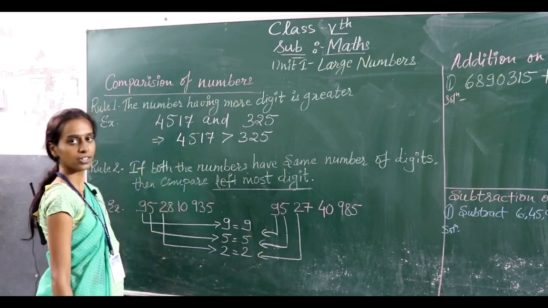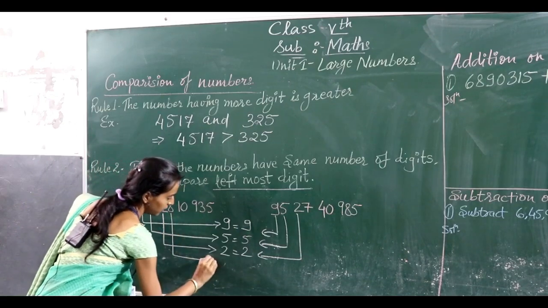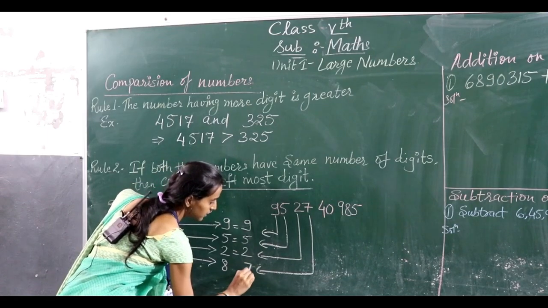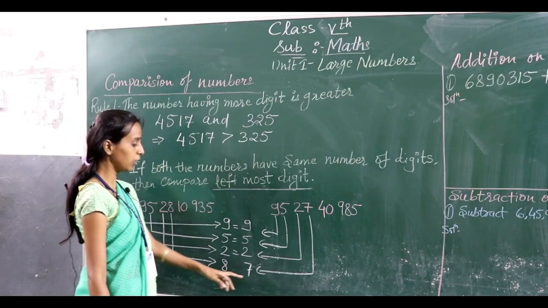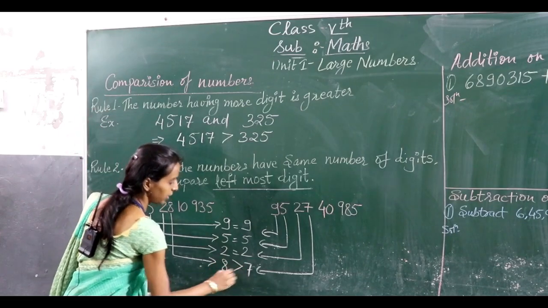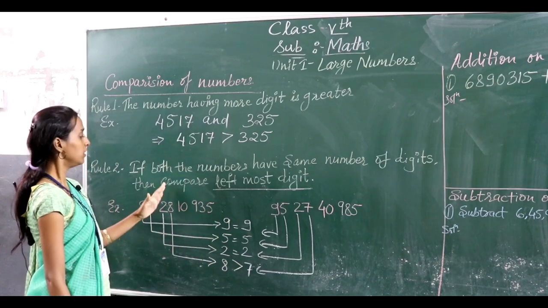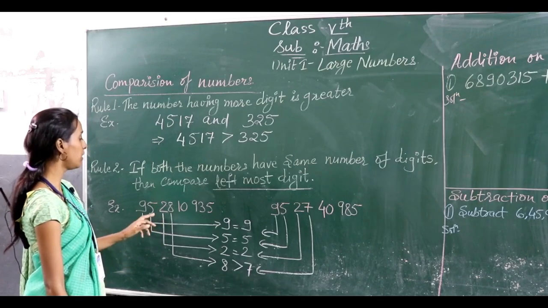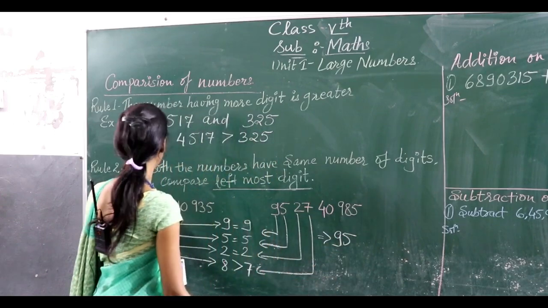Oh God. Now what? So let's continue. We have next digit as 8. So it is 8, and here comes 7. Okay, now we got two different digits. Now can we conclude which is greater? Yes, obviously. 8 is greater than 7. So from this we can conclude that number 1 is greater than number 2. Okay, then what is the first number? This number. Okay, we will write number 1.